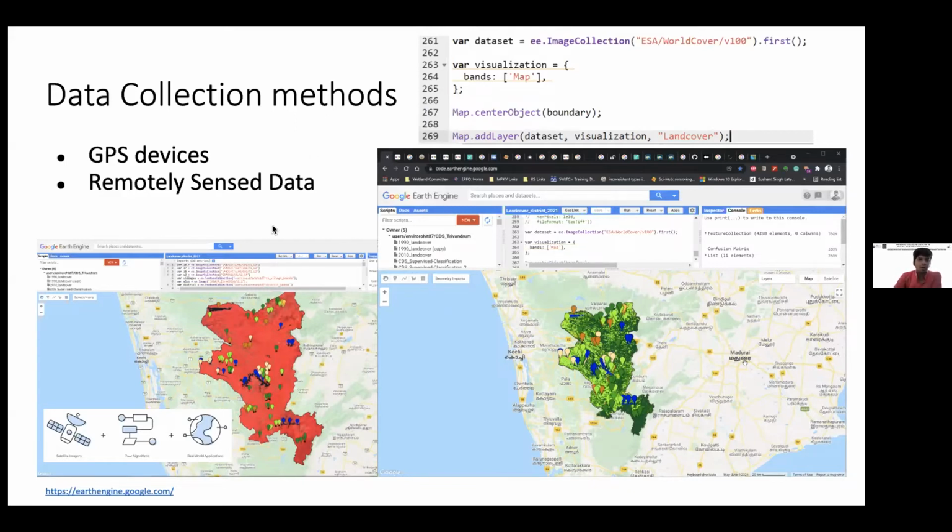So a lot of information is available through a platform called Google Earth Engine. It's free for researchers and non-profits. They also have now a commercial product on offer, but it's an excellent software, quite easy to use once you get a little bit of a hang of it. If you already know Python or R, you can easily use this. Otherwise, you need to know a little bit of JavaScript to actually make these maps, but a lot of information and tutorials are available online.